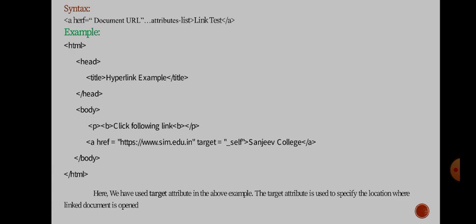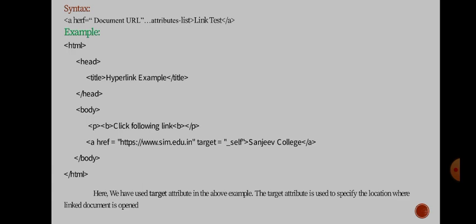Coming to the example, every HTML program starts with the HTML tag, and in the head section I am taking the title as hyperlinks example. Coming to the body section, I took a paragraph using the p tag, click following link, and I define a hyperlink using the anchor tag, and href means the attribute of the anchor tag.